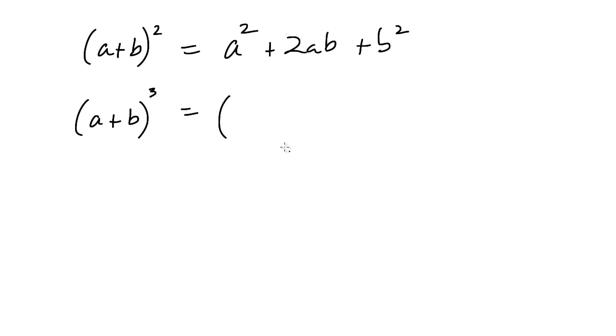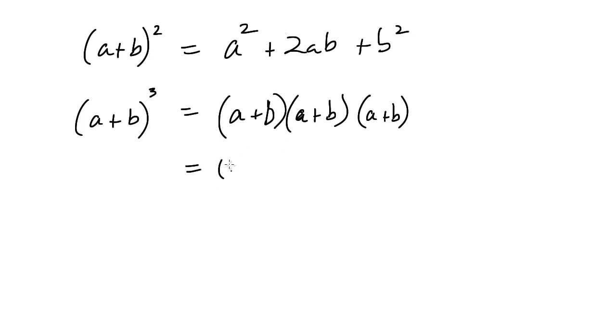Now what happens then is that expanding that out, there's an actual formula. Now I could go and expand a plus b out like this, like we did before with our different linear factors. I could go and expand that out. So I could actually go and do that, and I would end up with something like this: a squared. So I'm going to expand the first two sets of brackets, a squared,